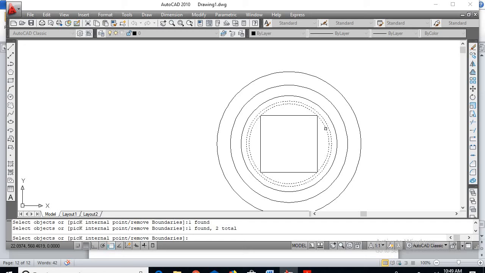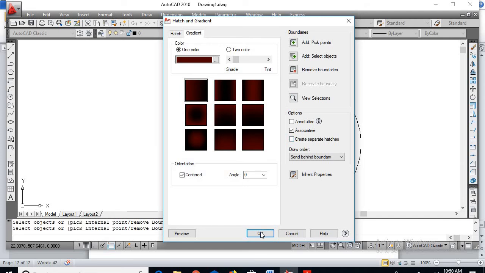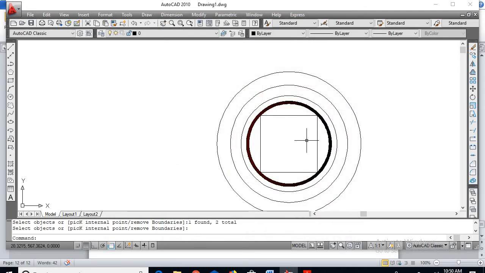That is, from the circumscribing circle to the inner diameter of the LV winding will be your insulation. So select these two circles, enter and say OK. This is how your insulation will be formed.